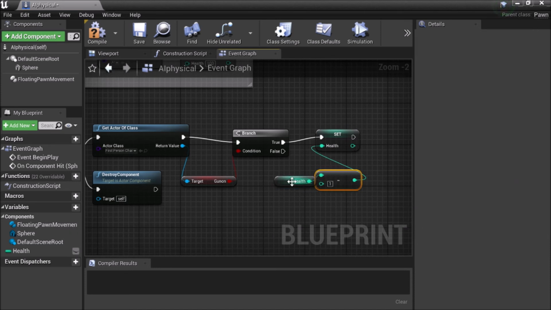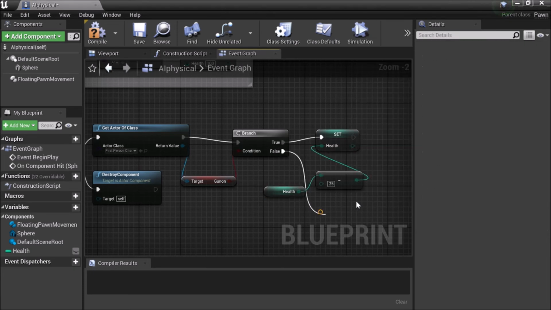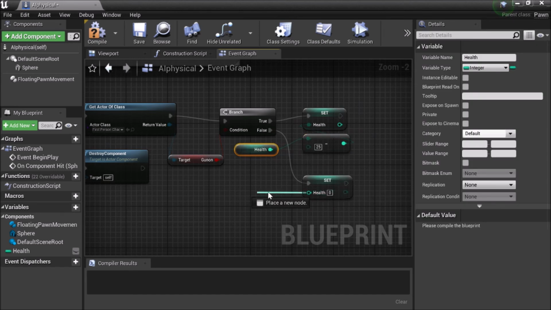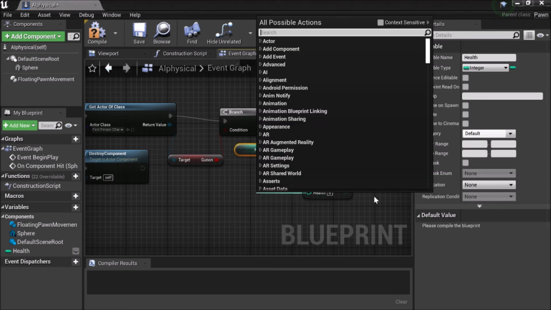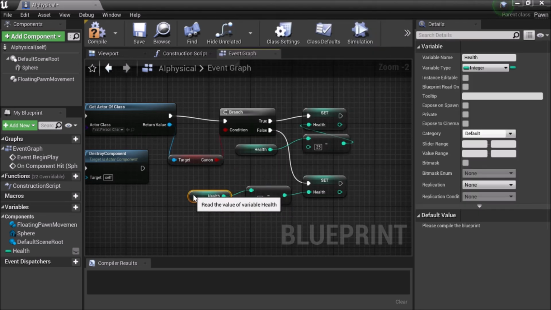On the bottom part type in the amount of damage you want the default gun to inflict, and in this case for me it is 25. Drag the false node out and do the same thing. This basically checks for whether the first or second guns are activated and the amount of damage it will inflict on the enemy. Now drag then one node out and